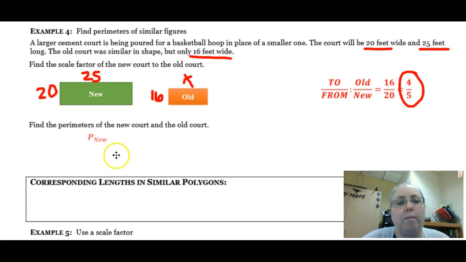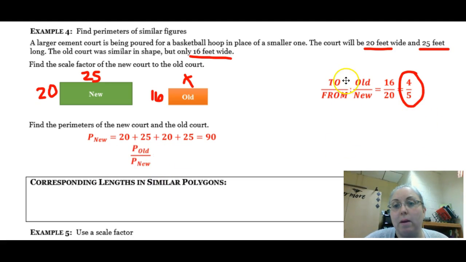So the perimeter of my new court is going to be all of my side lengths added together, so it's going to be 90 feet. So in order to find the perimeter of my old court, I'm going to take my same order. Notice old was on top up here, old is on top over here. So old to new, that's x over 90, x standing for my perimeter,